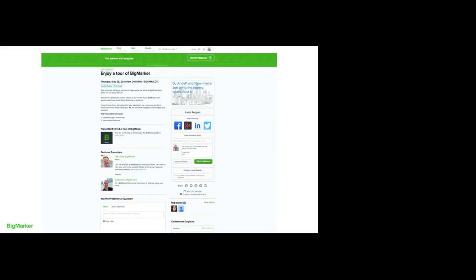And then on the day of the conference, again, we have an enter conference button. You can click it to enter, and you're right in the conference. This enter conference button will show up 30 minutes before for hosts and 15 minutes before for attendees. I cannot stress enough how important it is to show up early. Unless you are a wizard or a pro on the system, please show up a half an hour before or at 15 minutes at the bare minimum so you can make sure that your audio, your video, and your presentation